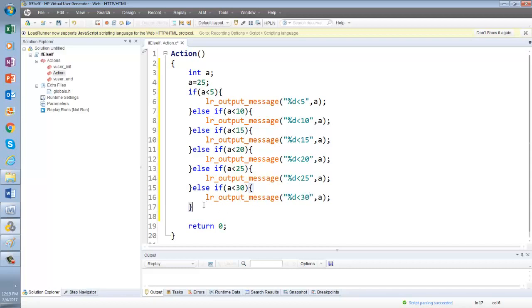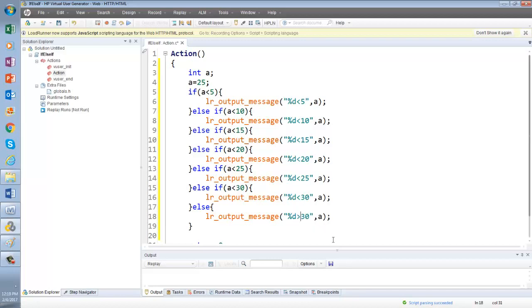And finally let's put the else block. After that, that will run. Else percent d is greater than 30.